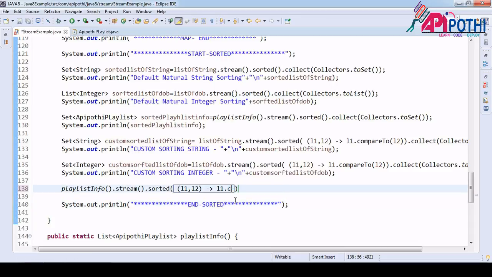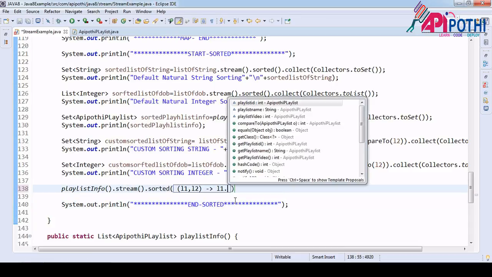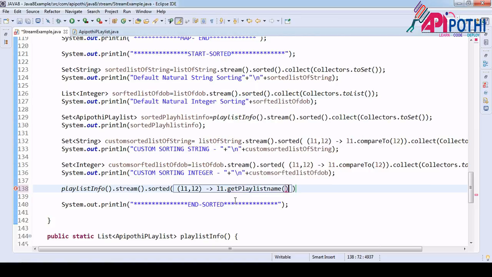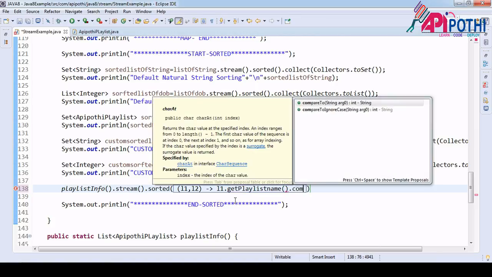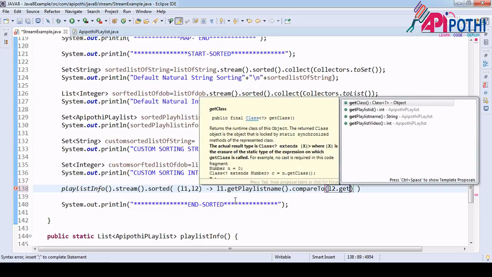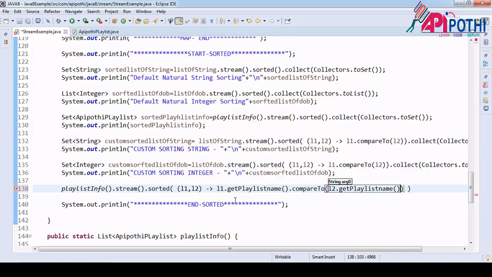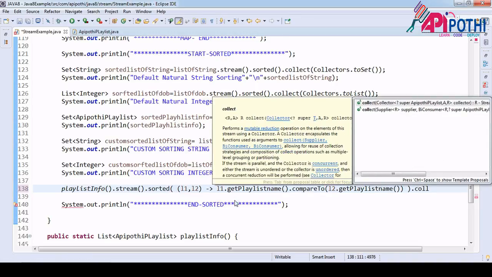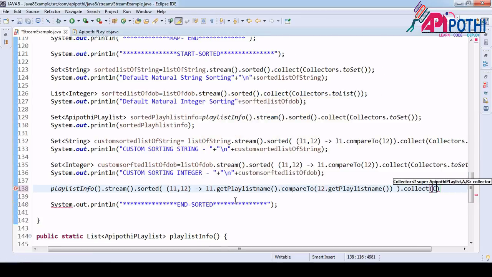So what I will do here is L1 dot getPlaylistName, ID or name, anything is fine, right? Name dot, now here I am passing the compareTo. Now L2 dot getPlaylistName dot, after sorting I want to collect